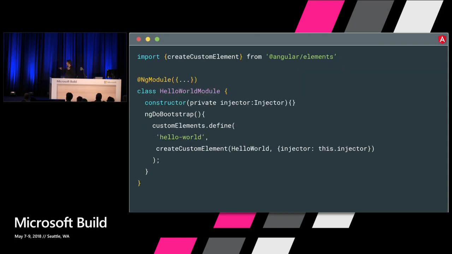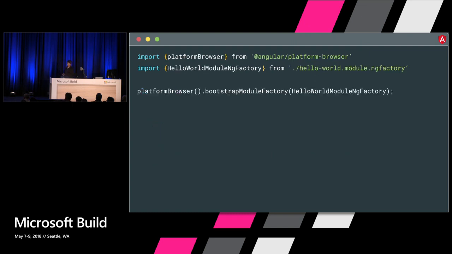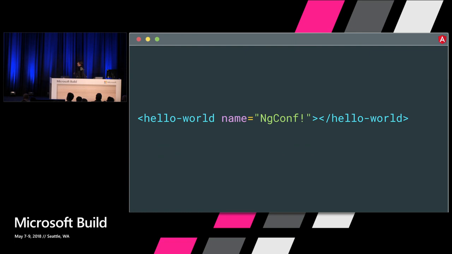There's a little bit of a shorter-hand way to do it. Again, this is not a thing you need to worry about if you're not deep into Angular. Basically, we're doing the same thing. We're getting a hold of our component. We're getting a hold of an injector. And we're just registering our generated class with the browser. So again, we can do this in AOT mode. Pretty straightforward thing. And then all I have to do to use it is just put it on the page,